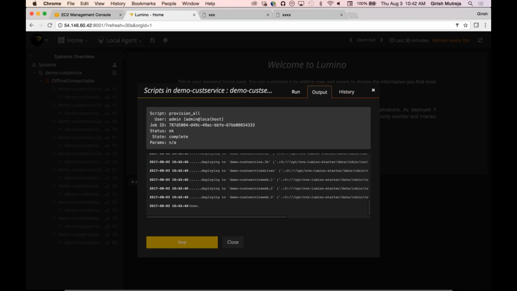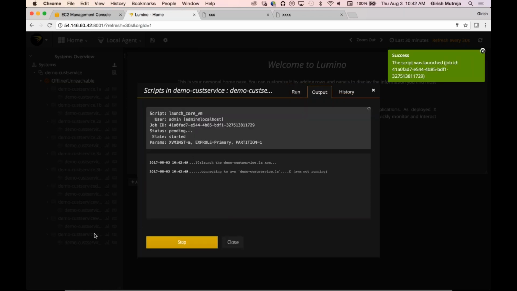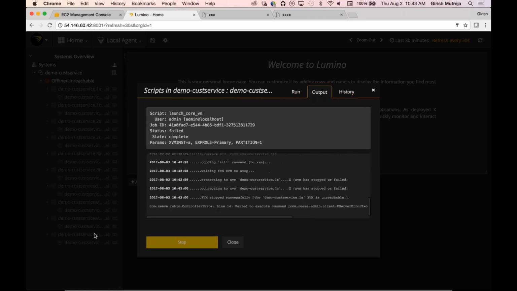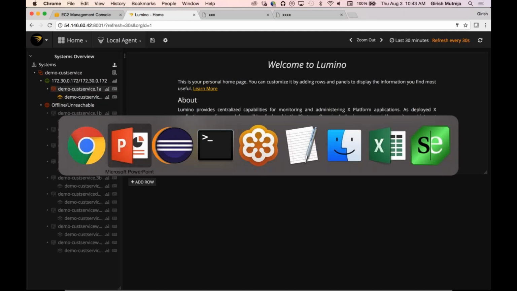So it is deployed, as we see. I'm quickly going to launch the core service, and in the interest of time, I'm just going to launch the primary. I will not launch the backup right now, and I'll only launch one instance of one of the partitions. So you can run it with a single partition, or you can change the configuration and run it in multiple partitions. There seems to be some kind of problem, and that's the reason that stopped. I don't know why. But once you launch it, the service comes back up, and you can start testing it.